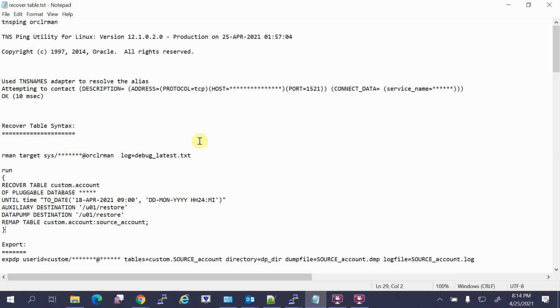So we were looking for other options, like is there any way we can pull that data from a recently refreshed environment. One refresh happened a week back, but the customer said no, it's not possible.